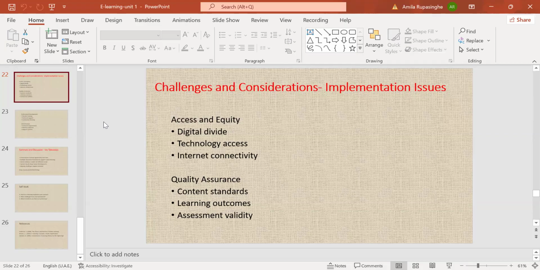When we write lessons for everything, we write learning outcomes, intended learning outcomes. In curriculum and syllabuses, it says the student will be able to achieve something. But what are the standards of those learning outcomes, what is the quality, what do we really need to know and achieve? That is a challenge. That is a challenge. Even assessment validity. Assessing, right?